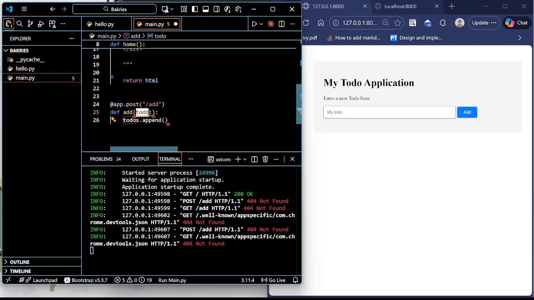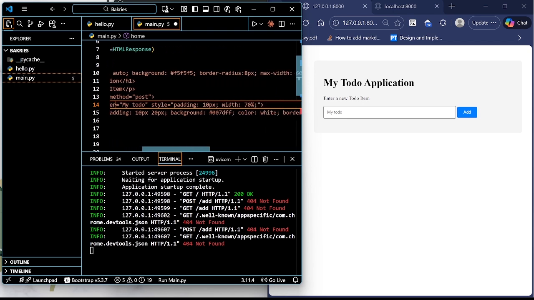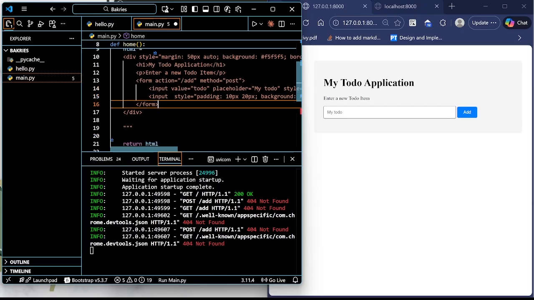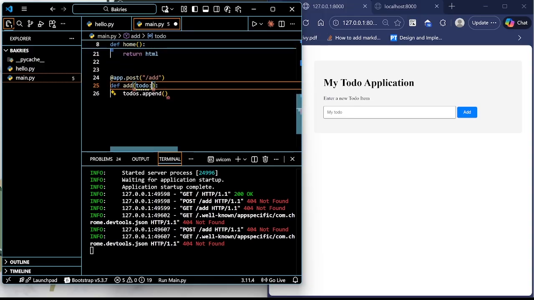Remember, the name here has to match whatever value you passed. I don't think we passed the value yet. Okay, so now I can go into my input, which is this, and add a value to it. So I'll say value equal to the